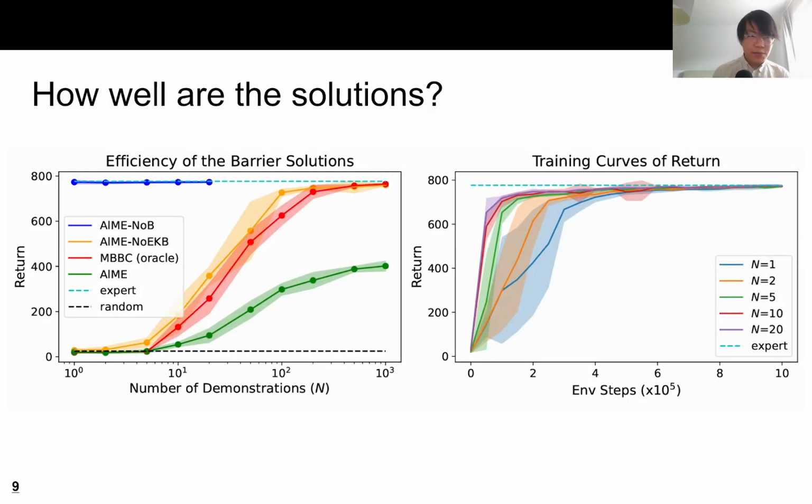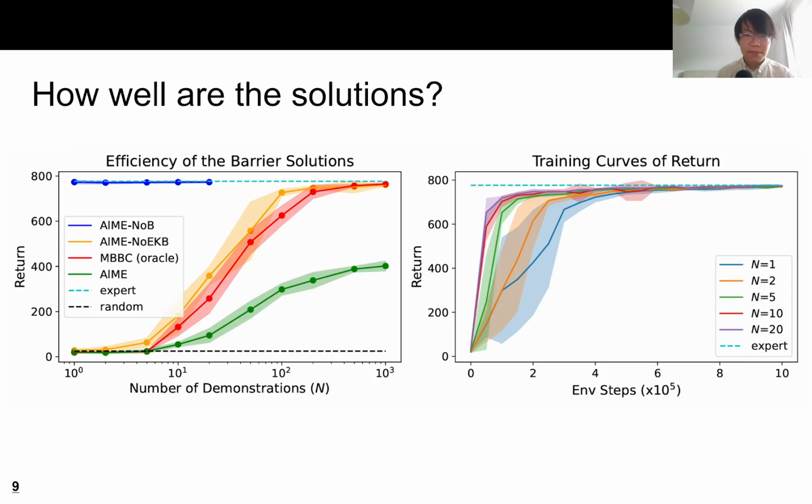And now let's see how well the solutions work. On the left figures, we have the same figure as we showed before. We have AIM as a base algorithm, and we have MBBC as the oracle version, and the region between them is the EKB. First, we have a comparison called AIM no EKB, marked in orange. This is a version where we only apply the solution for EKB, so we can separate the effect of each solution. As we can see from the result, the orange is already matching or surpassing the oracle versions. That means the solution we propose for EKB has already resolved the EKB. And then if we further apply our whole algorithm, that's AIM-NOB, which further resolves the DKB, as we can see from the result, no matter how many demonstrations you provide to the agent, it can perfectly match